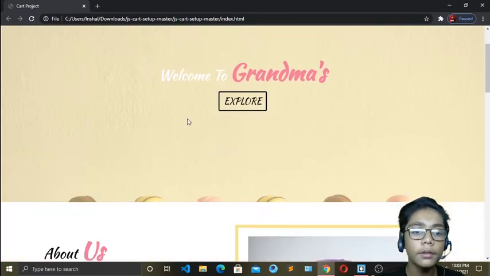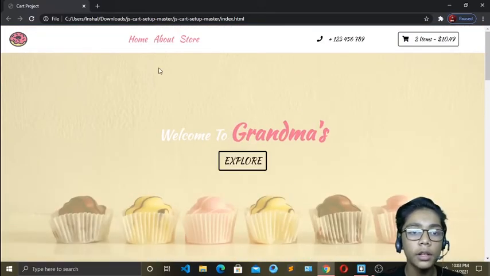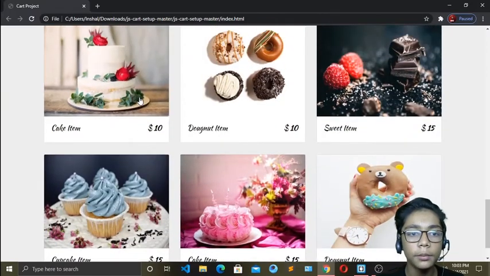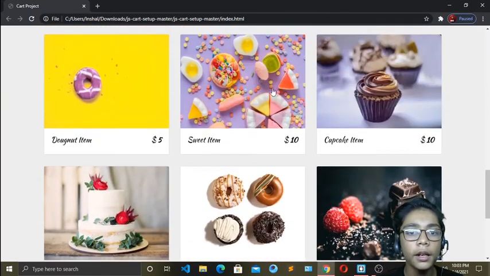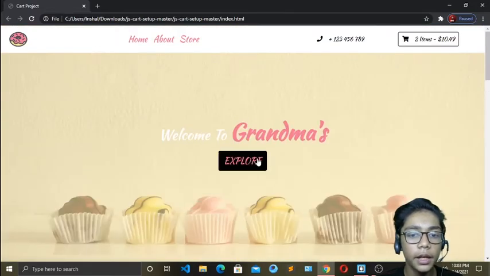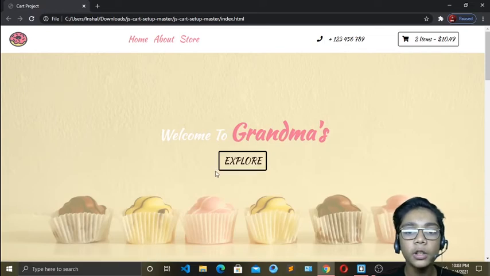We have used JavaScript, and like I've told you in previous projects, this is also looking really good. I hope you understand this project. Here you can see when I hover, the hover effect is coming over here and over here also in our buttons. I hope you understand this project, and I hope you enjoy it like you enjoyed my previous JavaScript project.